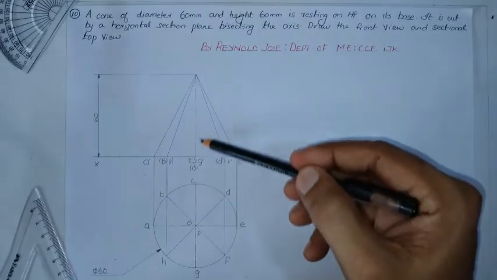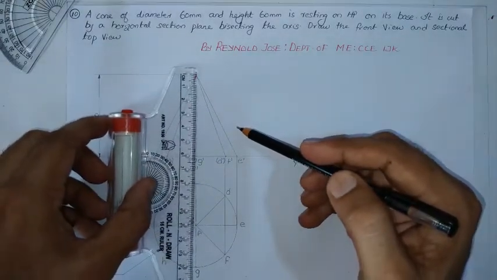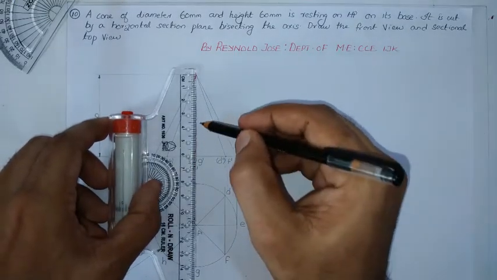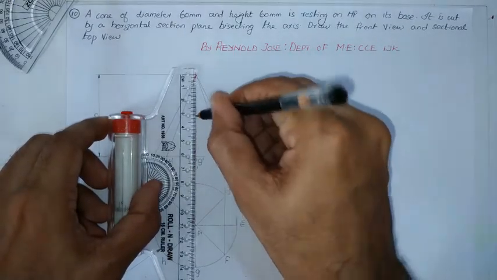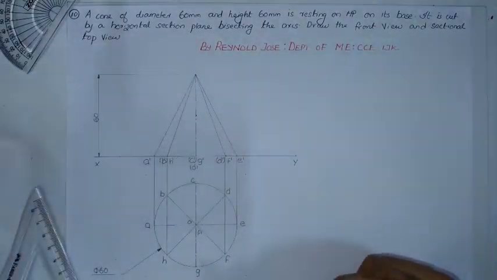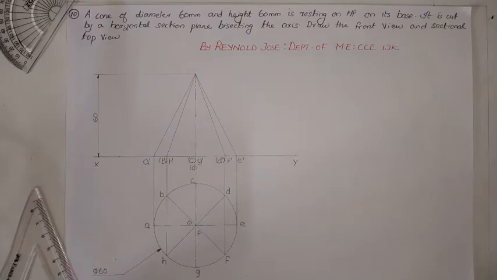Totally the height of the axis is 60 mm. So let us locate the midpoint of the axis, which is 30 mm. So at a height of 30 mm, let us mark a point here. So it is through this point the section plane is passing through, and as it is a horizontal section plane, this section plane seems to be a line in the front view and it will be parallel to the XY line because it is a horizontal section plane. Now let us draw the section plane.